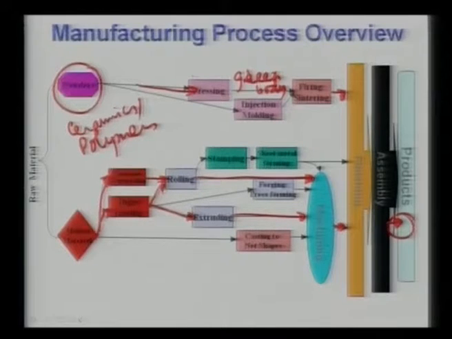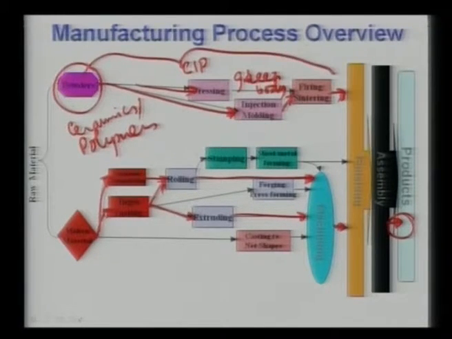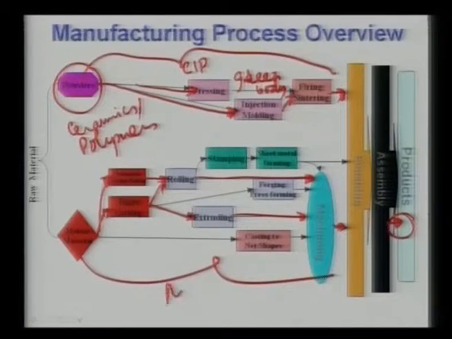In this process you can either get a very simple shaped product, like a cylindrical product, or a complex shaped product, and for the complex shape you can use CIP, cold isostatic pressing, during the pressing itself. For various polymeric materials, you start with the powders, then do injection molding or extrusion, and subsequently fire it to remove the binder from the polymeric product, and then it goes through the finishing stage and finally the product stage. This particular route is useful for ceramics or polymers, and the molten metal routes are useful for metals and alloys.